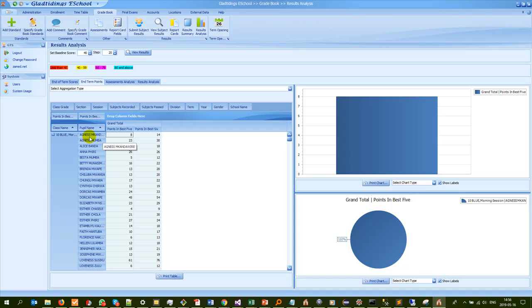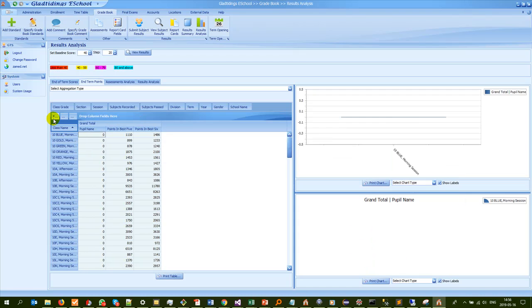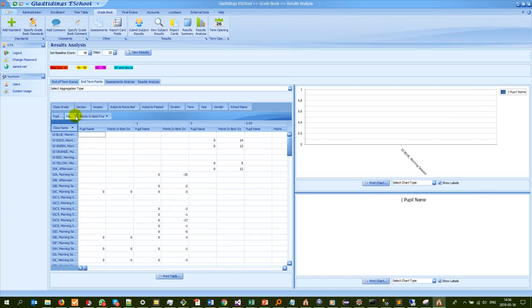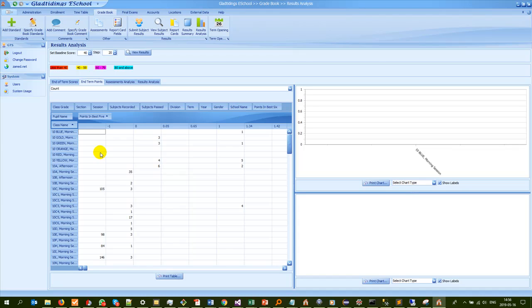So what I'm interested in is, so here I'm viewing details per pupil, but I could put this over there. I could put this over there, and then I can say I want to analyze the points in the best 5, and this is going to be a count. Alright, so I put that there, and you can see here it shows the numbers of